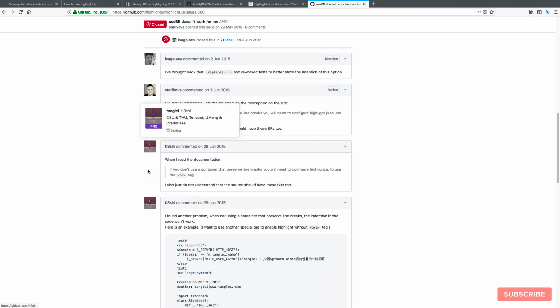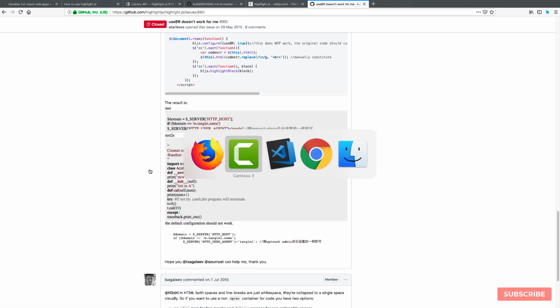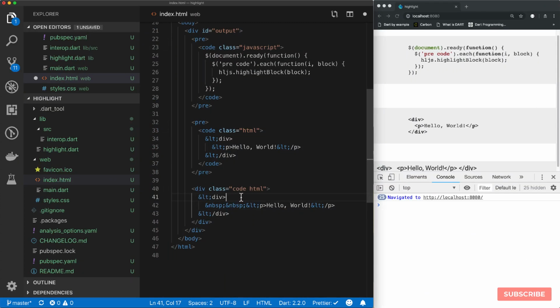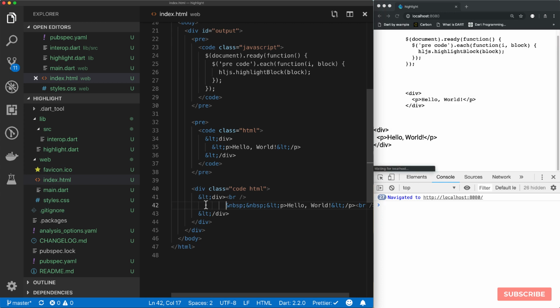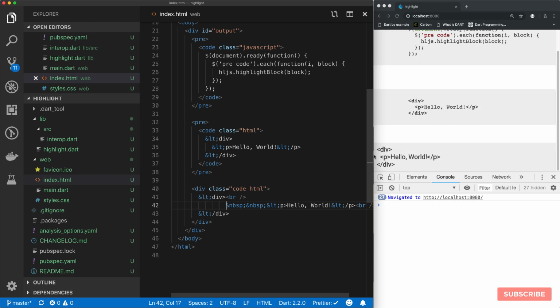And then the next part is, well, let's do this one first. So I'll put the break tag here. And then if I save this, it should improve our formatting. Okay. And also the other bit I noticed is with the indentation. So if I put more spaces here, you can see that it doesn't affect it